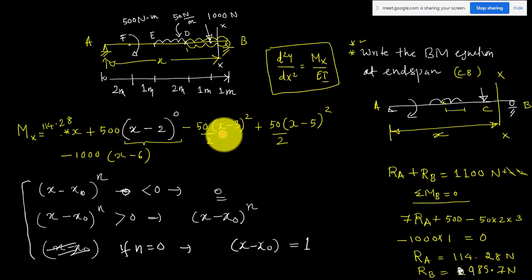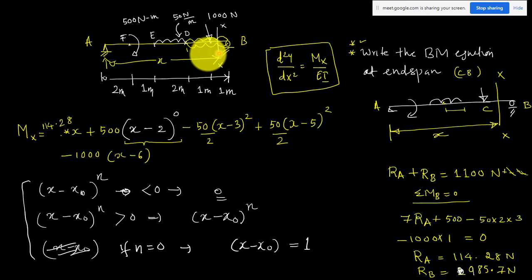And if you come to the term x minus 3, 3 minus 3 will become 0. And if you come to the term x minus 5, that will become 3 minus 5, so that term will become negative. If it is negative, you don't need to consider that term, you can remove it. So finally for a section in FE, your moment equation will not have this term, and these three terms will not be there.